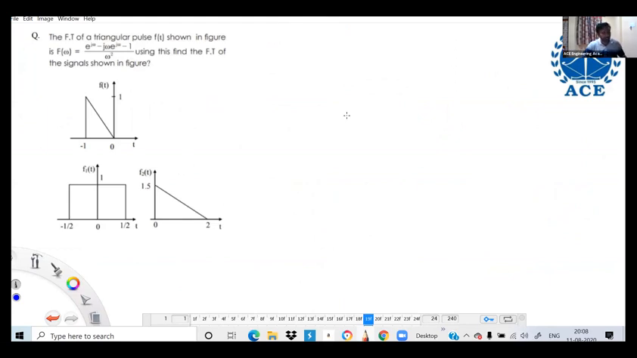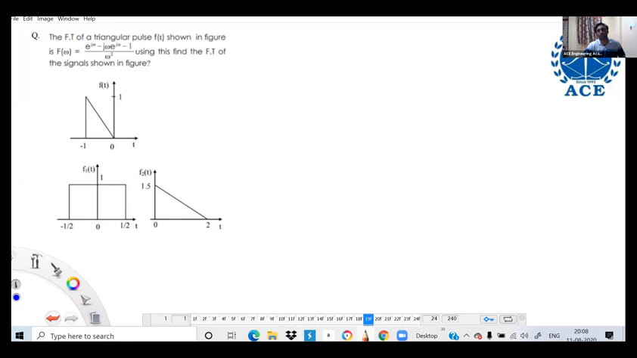The Fourier transform of a triangular pulse f of t is shown below. F of t is given, the respective spectrum is also given. Using this signal as reference, find the Fourier transform of the other two signals, F1t and F2t. Think and answer me. How to write F1t in terms of f of t? How to express F1t in terms of f of t with respect to the properties we studied till now,